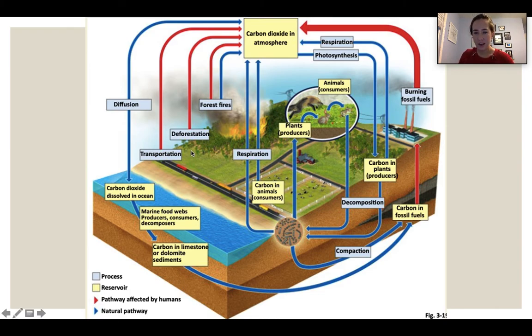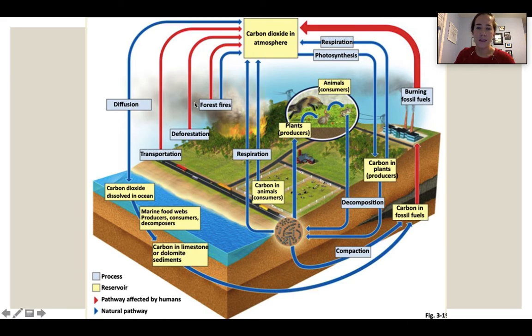There are a couple of other human impacted carbon cycling components here. Transportation, as we burn those fossil fuels again, we're releasing some more of our carbon dioxide into the atmosphere. Deforestation, when we cut down a tree, the organic matter in that tree is primarily made of carbon, right? So as that carbon breaks down, that tree is releasing its carbon dioxide as it is decomposed,